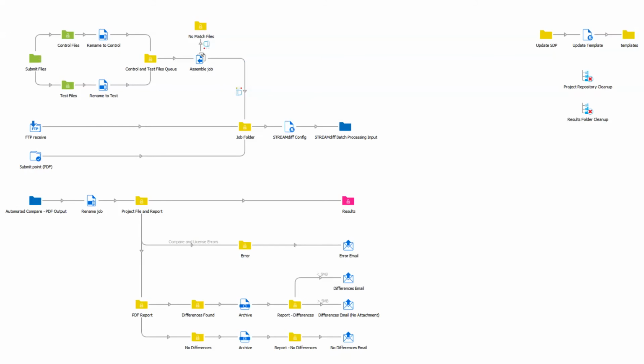If it's easier to FTP files, we provide an FTP option. You could also email files into the flow. And then the submit point allows users to submit files via their web browser. So once the files are submitted at the beginning here, Switch will then grab them, compare them in STREAMdiff, and